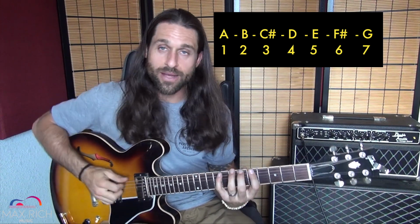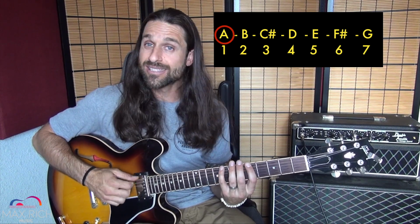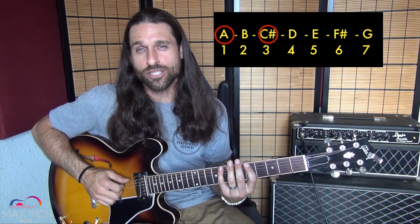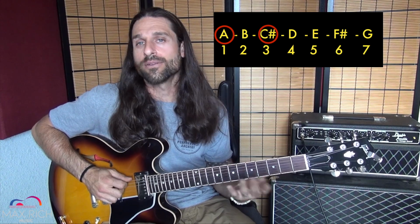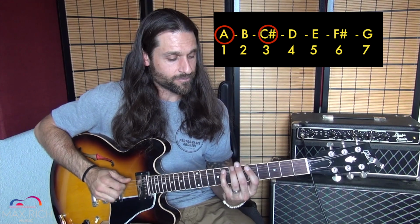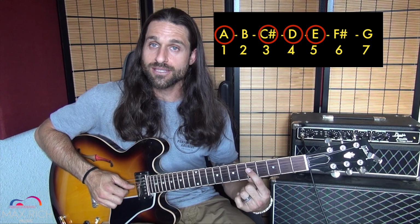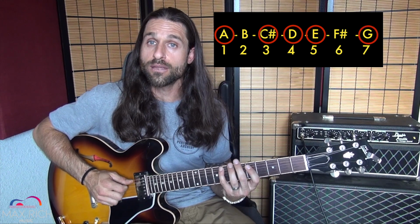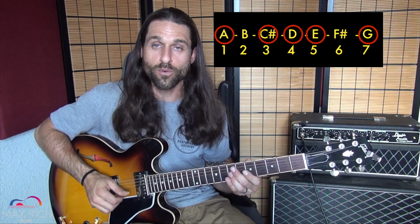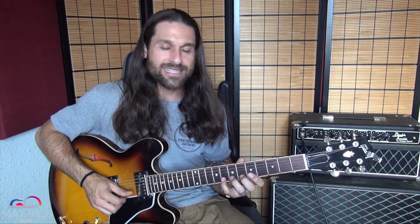A lot of players, if you map out the letters of the A minor pentatonic box, you have A, C, and everyone bends the C to a C sharp. Real common. So C and C sharp, we'll consider both of those the third. And then you have D the fourth, E the fifth, and G the seventh. So you have 1, 3, 4, 5, 7, 1. If you basically take your standard blues licks and replace the 7 with a 6, you can get a huge